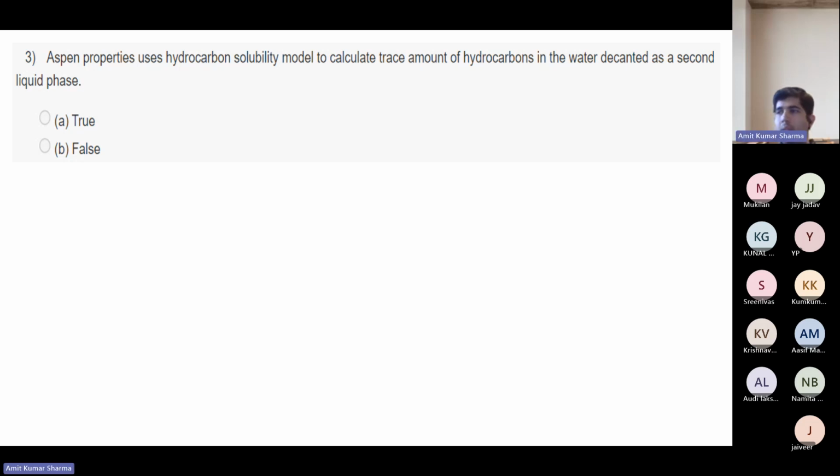True, it's true because it uses the hydrocarbon solubility model. Based on that, it will find how much hydrocarbons are present with the water in the decanted stream.